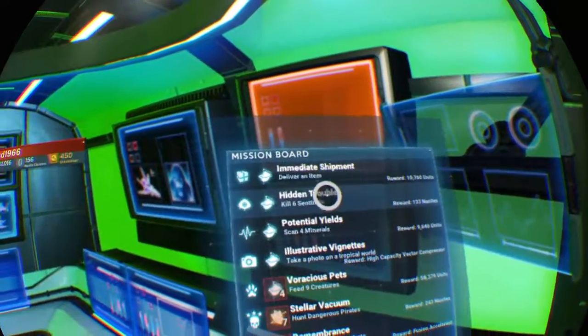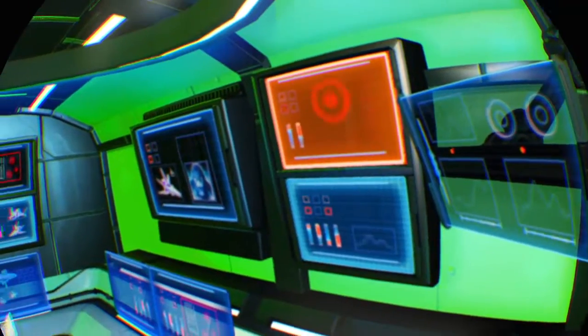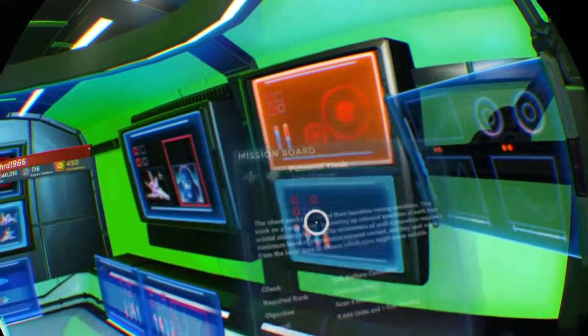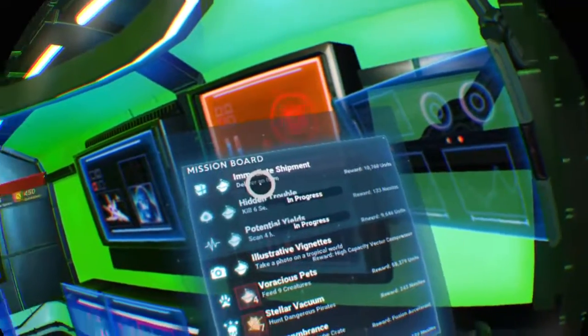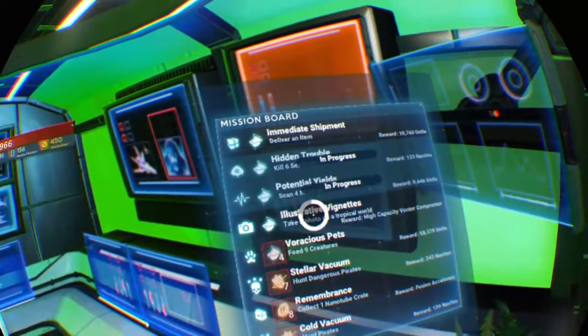Deliver an item, kill 6 sentinels. Let's do that. And the mineral scanning. And deliver an item. I'll take a photo. That's something that I haven't done yet. So